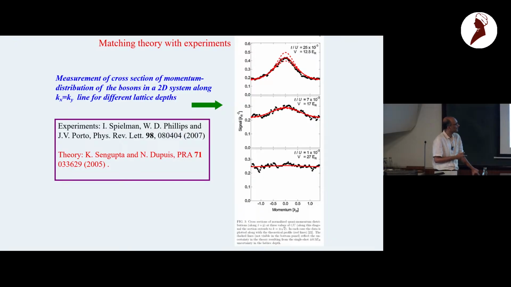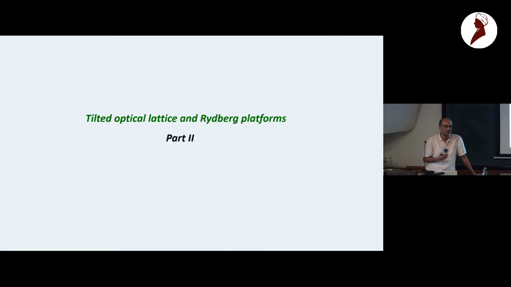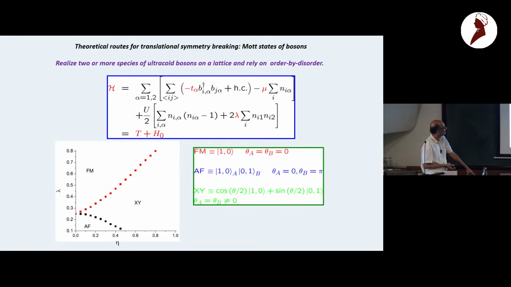So, okay, this is roughly about the first transition that people have seen in this kind of platform, that is the cold atom platform, realizing the Bose-Hubbard model. But once people looked into this, the question that was asked is that, in many cases, one sees interesting phases in symmetry broken quantum systems where there is translational symmetry breaking. This is something like, for example, an antiferromagnet, or other states where there is some symmetry breaking. And people started asking, is it possible to have this kind of phases in these cold atom platforms?